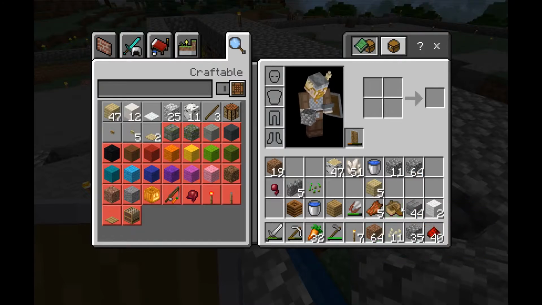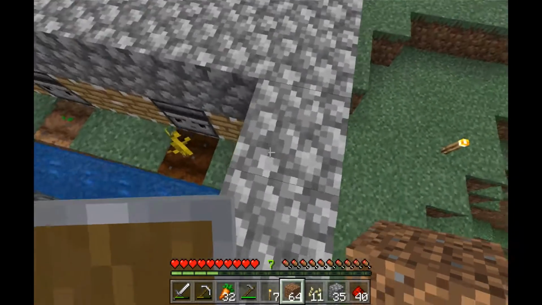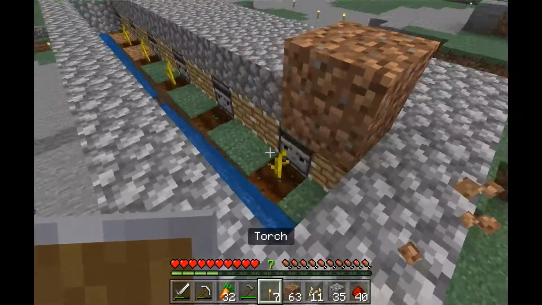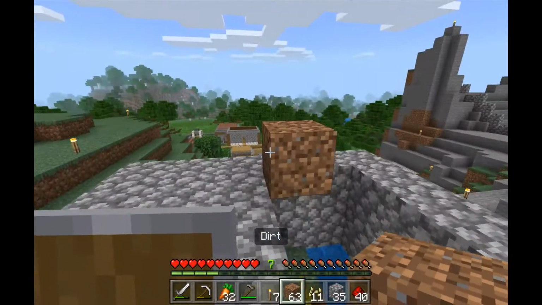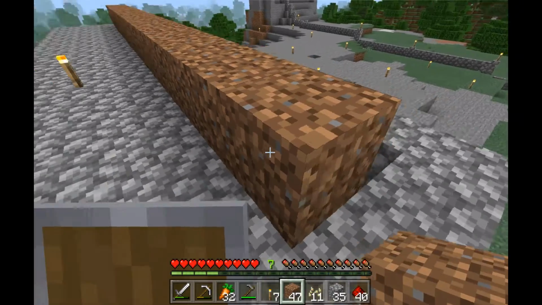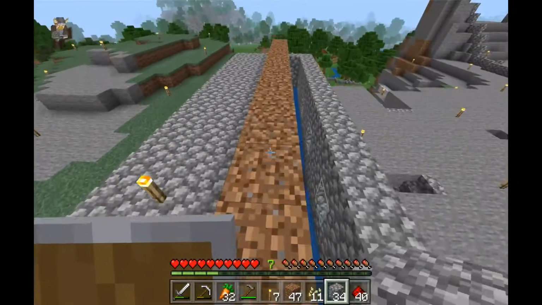So let's continue on here. So here on this layer, we will begin the next level of the pumpkin farm. So to do this, first what you're going to want is a whole row of dirt to plant and harvest your pumpkins from. Then, well, you don't need to do this yet, but the next step is to kind of